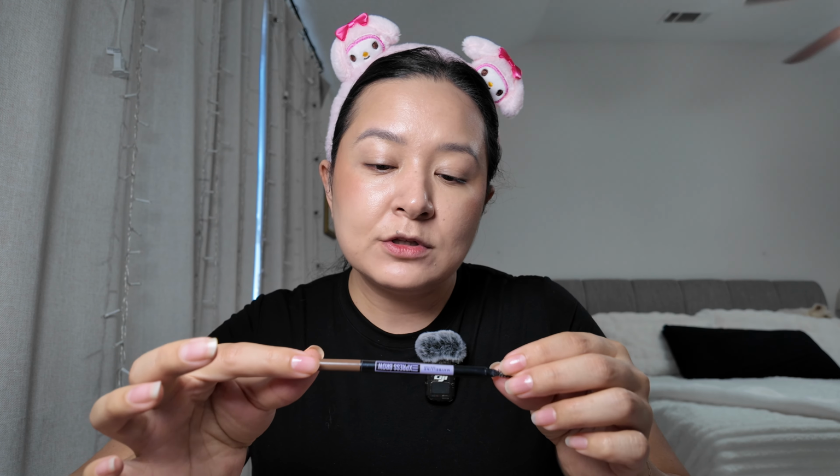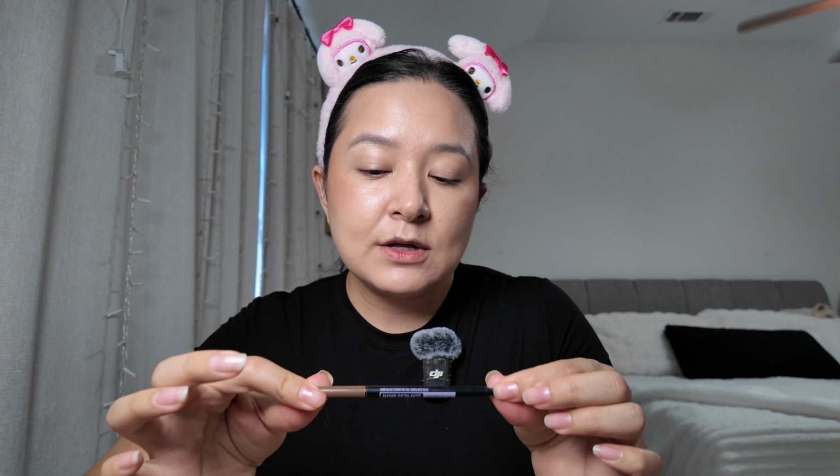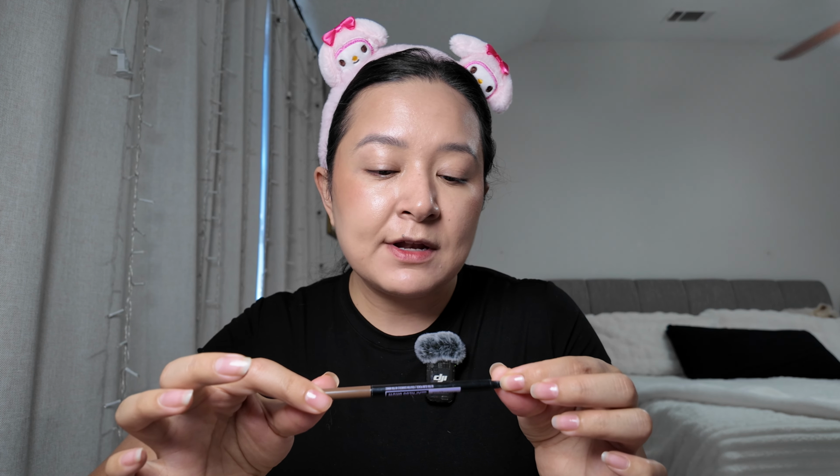Okay, now that we did that, I'm gonna go in with the Maybelline Express Brow Ultra Slim Pencil. This one is in the color 257 Medium Brown. I'm probably gonna speed this up, but I basically just do a line. I line my eyebrow and then I fill in this part right here and then these empty spaces that I have right there. It still gives me a very